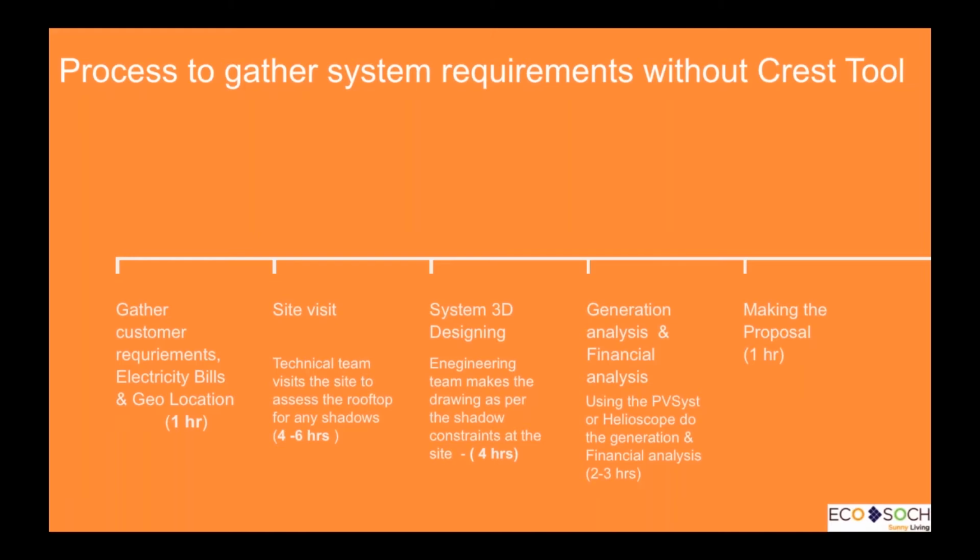And then you have the generation. Once you do the generation analysis, okay, this is the best place to put your panels, and then you do the financial analysis. The financial analysis will tell you the rate of returns and the costs, and you actually go and make a full detailed proposal and send it to the customer, and from then on it's the same process, right?